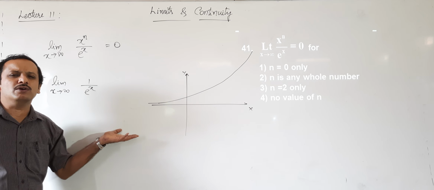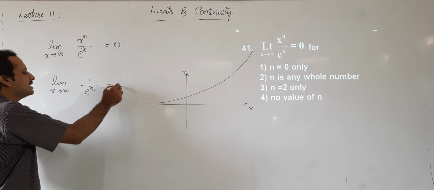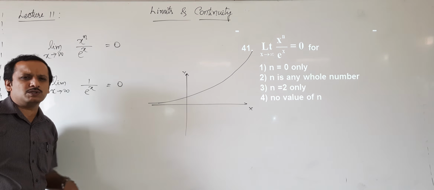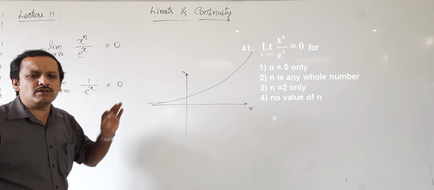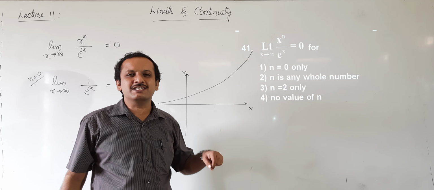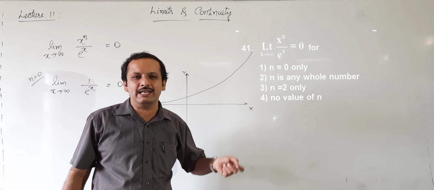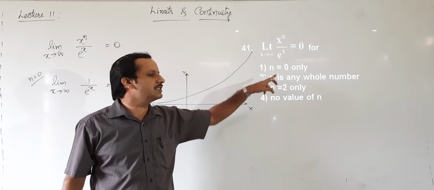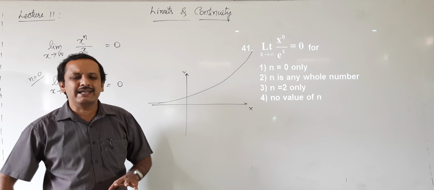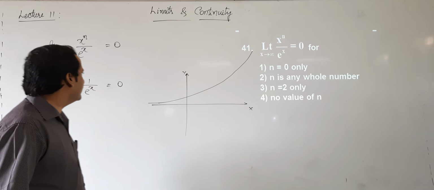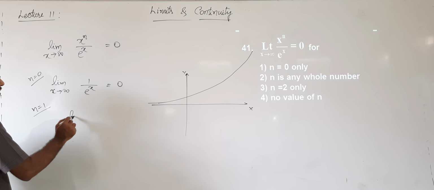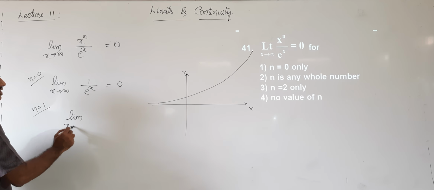So this suggests that when n is equal to 0, the value of this limit is equal to 0. So for n equal to 0, the result is true. But here the option is not just n equal to 0, it is n equal to 0 only. So according to this, its limit should be equal to 0 only when n is 0. But let us try with different values for n. After this, I put n is equal to 1. If I put n is equal to 1, then we have limit x tends to infinity.